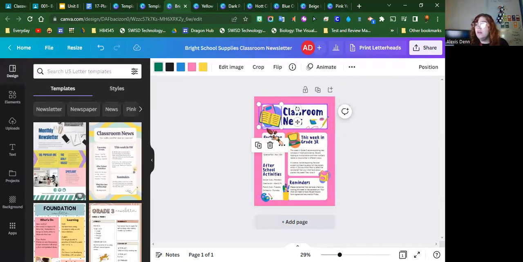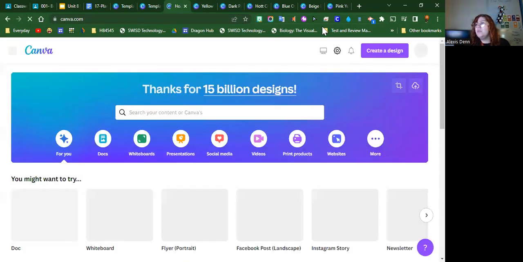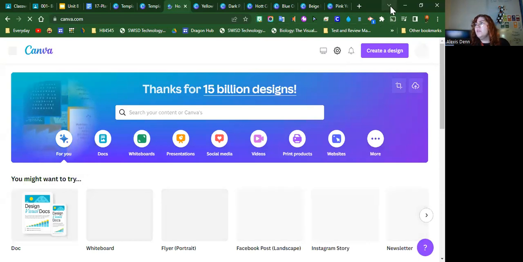I can do that with pretty much all of these backgrounds, not the elements so much. So if I wanted to change anything here, that would be a little more challenging. It depends on the element you've chosen, but it's still incredibly adaptable and easy to use. Just to give you an idea of some of the things that I have used this to create, we have